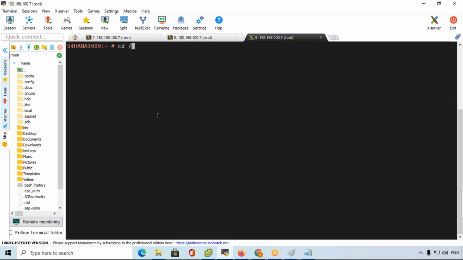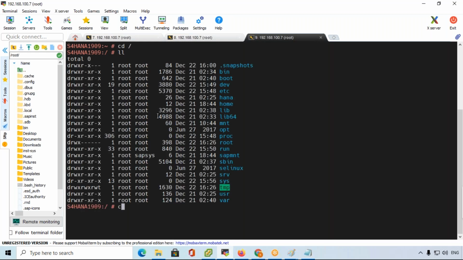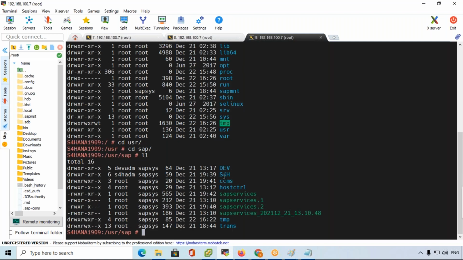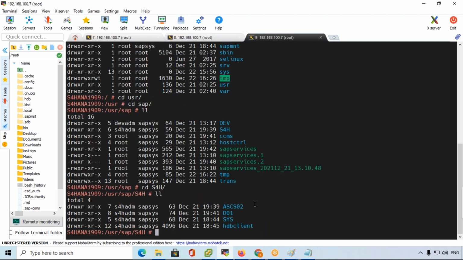So cd dot root, ls or ll long list, cd usr, cd sap, long list. If I want to go to S4 HANA, cd S4 HANA, long list, 01. Instance number is 01. Okay.